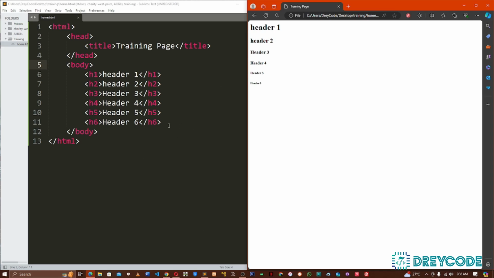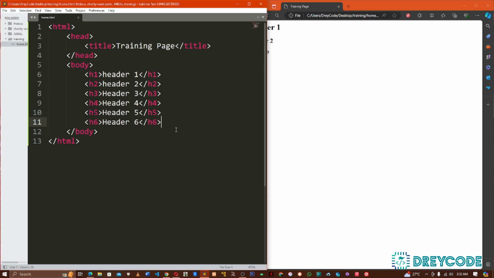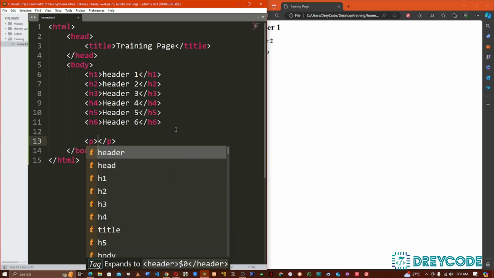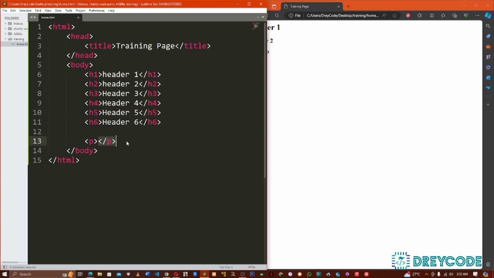So next I'm going to show you the paragraph tag, which is defined by just the letter P. This P actually stands for the paragraph tag. Open and close, if you can remember, this stands for the opening tag, and this stands for the closing tag. Anything you put in between this tag signifies to the browser that it is part of this particular tag. So let's type in something. Let's just type in a random word. Let's say